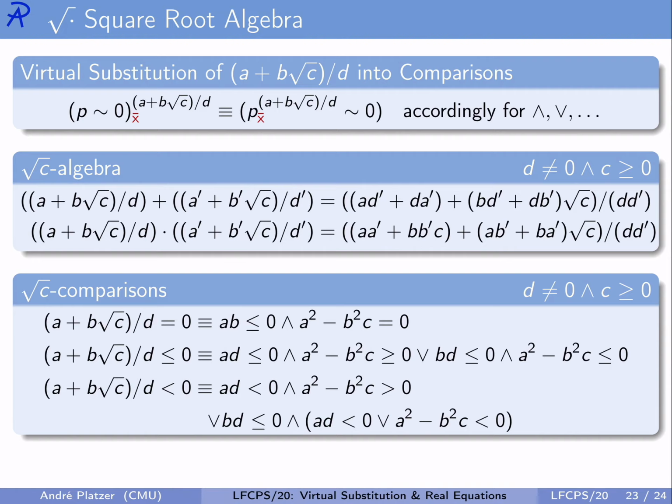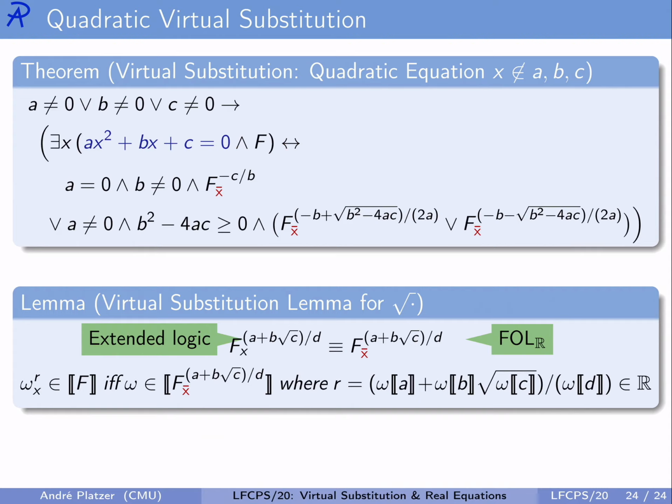And then we compare them here for equal 0, less or equal 0, less than 0 by making sure we don't mention the square roots again literally, by asking, for example, if a and b have opposite signs, but a has a larger magnitude, so squaring things up, a squared minus b squared c gets rid of the square root of c we would otherwise have to mention, and likewise for the other cases, which then enables us completely logically